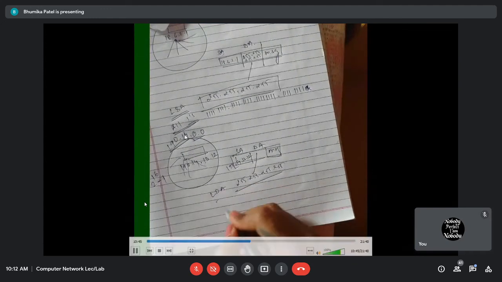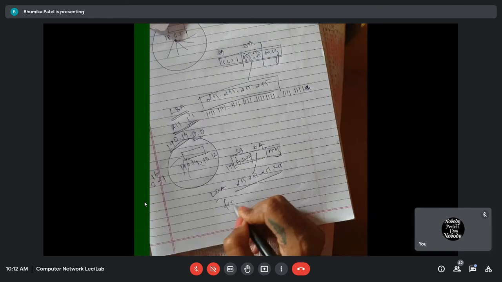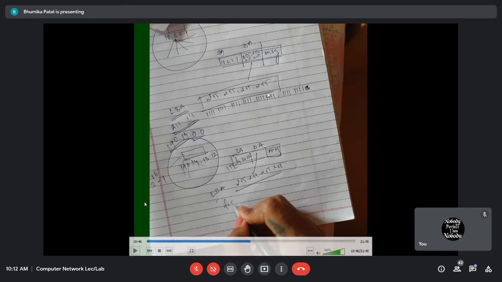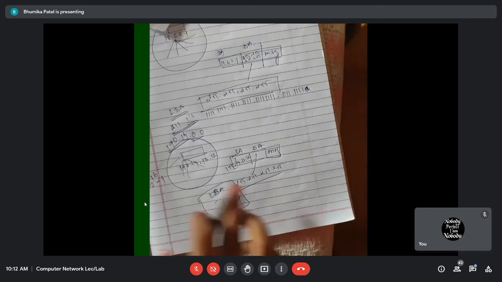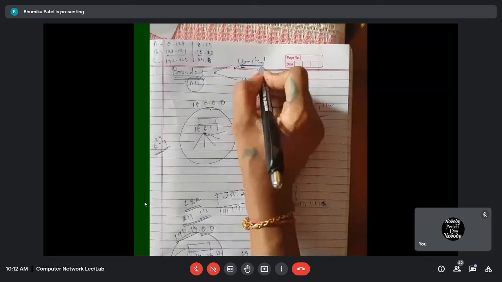That means irrespective of any network or any class, whether it is class A or class B or class C, if I want to send a message to all the devices within the same network, you have to write only the same IP address, that is 255.255.255.255. So this limited broadcast address is fixed for any network.